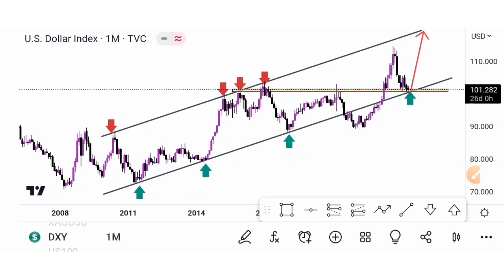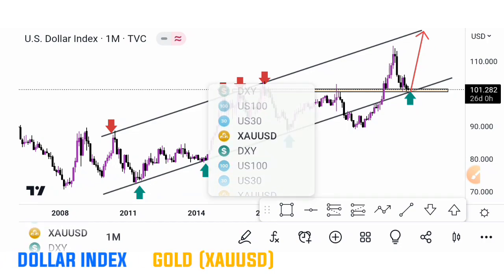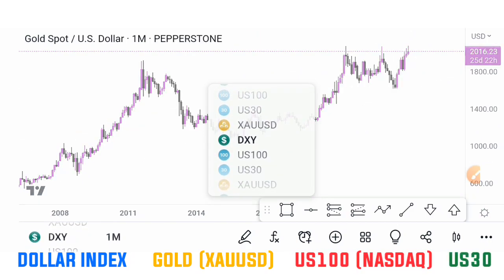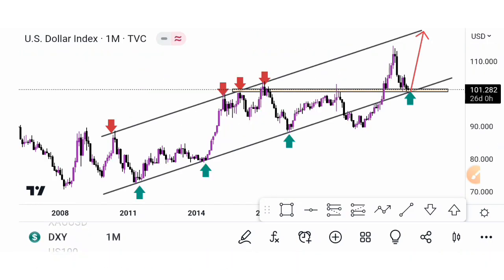Right, so I'll be analyzing 4 pairs for today. I'm going to analyze the dollar index, gold, US 100, and US 30. And obviously I'll start with the dollar index, but before we get there, guys, I want to say to you,